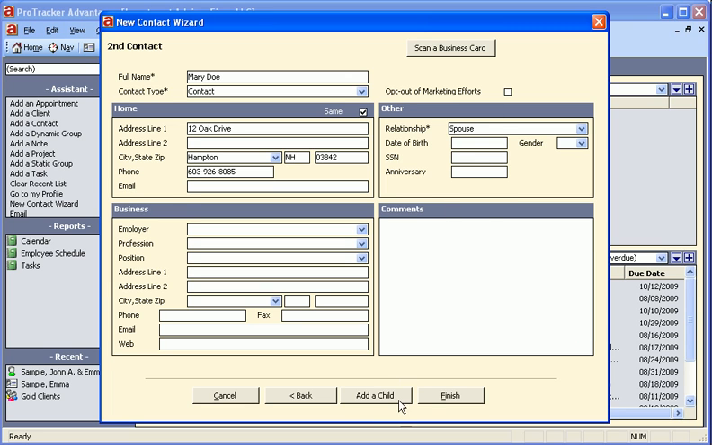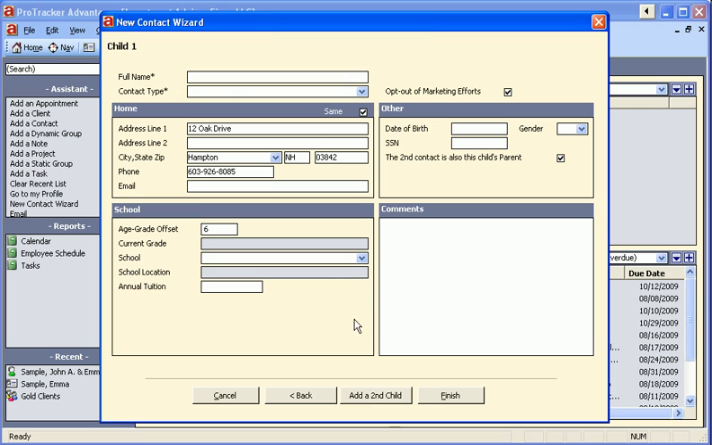Let's go ahead and add a child now. Again, the home address is maintained, so we don't have to keep entering it over again. Let's say that they have a son named Jason Doe, and he will be another contact. Let's go on and add a second child, Jessie Doe, and she will be a contact as well. When we click Finish at the bottom,